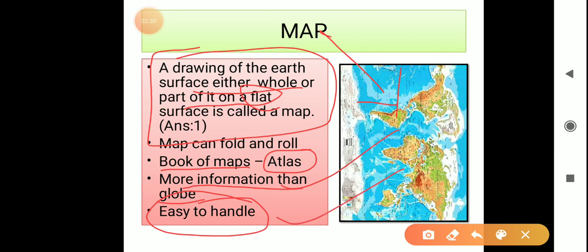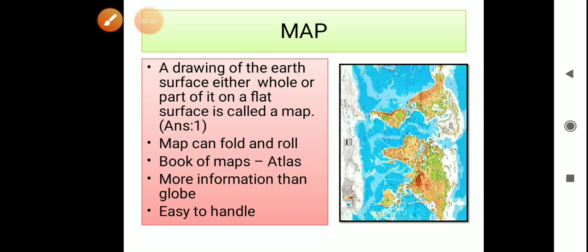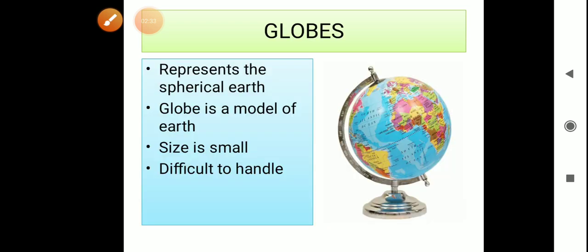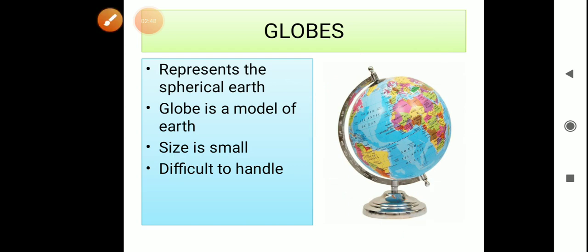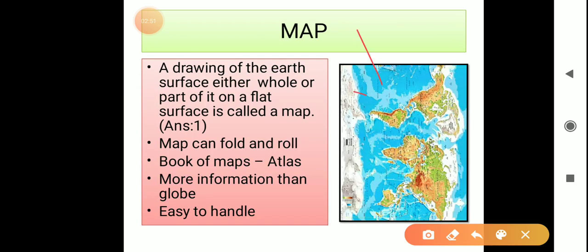Now we will learn about distortion in maps. Change in shape, size or position in a map is called distortion. The world is round in shape. When it is changed into a flat surface, we cannot present it accurately. There can be some changes in shape, for example, at both the North Pole and South Pole.